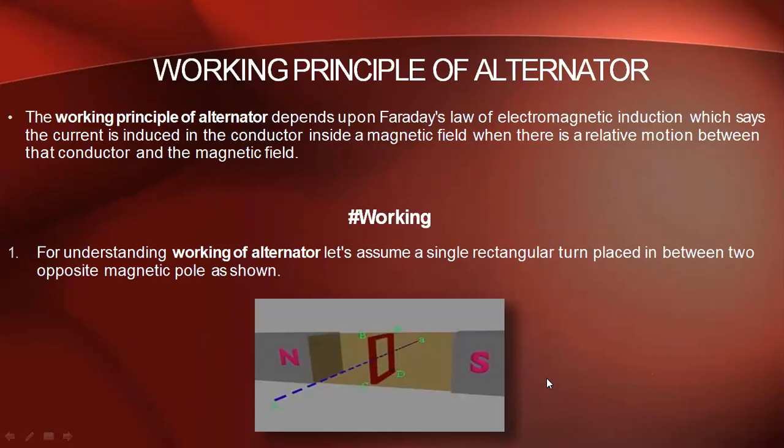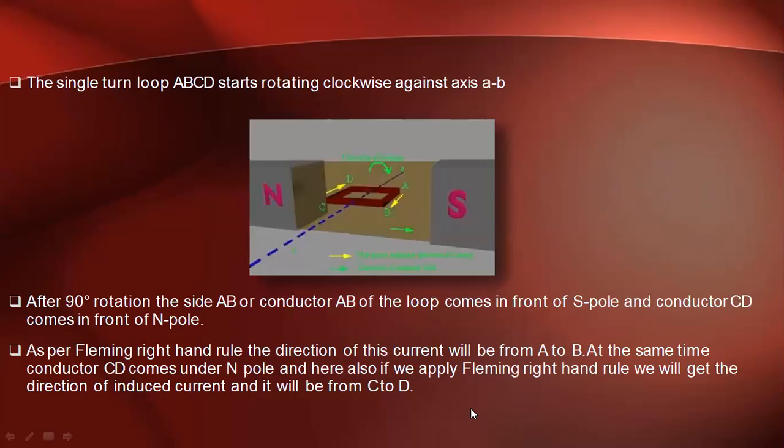That means the flux and the conductor are in parallel. So when they are in parallel, what happens? There are no flux linkages. So when there is no flux linkage, the EMF induced is also zero. According to Faraday's law of electromagnetic induction, only when there is a flux linkage will EMF be